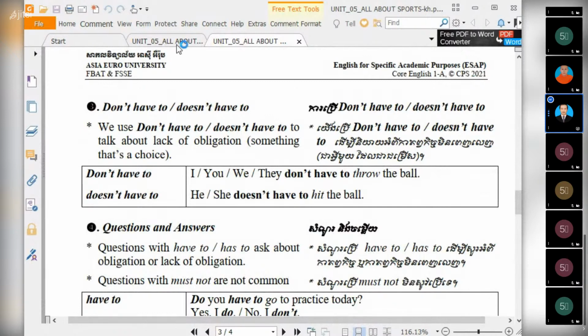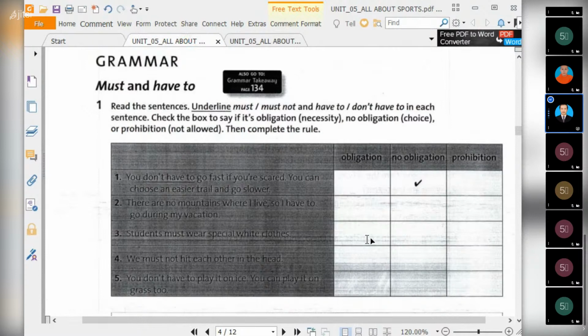Okay, so back to our lesson everyone. This exercise asks you to underline must not and have to, don't have to. Look at number 2: there are no mountains where I live, so I have to go during my vacation. So you have to underline have to. And then: students must wear special white clothes. And then: we must not hit each other in the head. And last one: we don't have to play